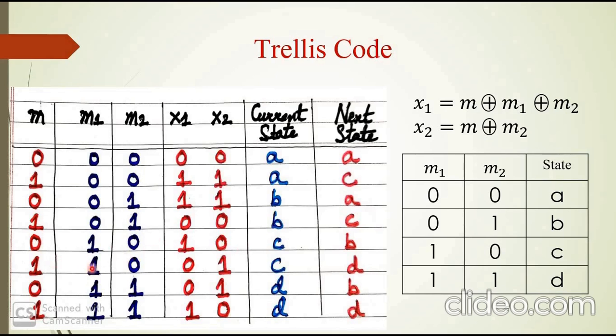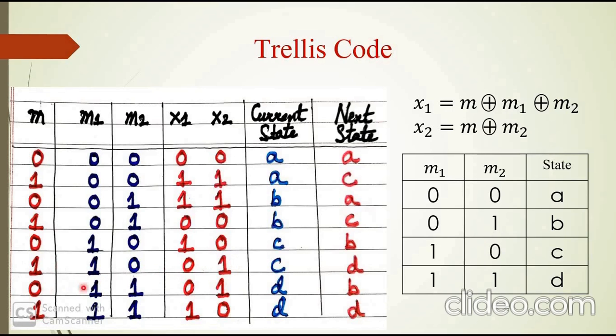And for sixth case, 1 1 0, x1 is addition of 1 plus 1 plus 0, it will be 0. And x2 is 1 plus 0, it will be 1.